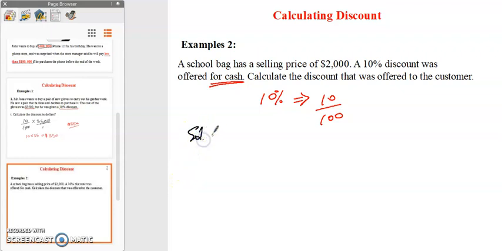So solution. You need to find 10% of $2,000. In this case, you can put it over a 1. It's optional, by the way. The 0 will cancel this 0. This 0 will cancel this one, and you are left with, at the top here, a 10 and a 20. So you're actually left with 10 times 20, which is equal to, in this case,